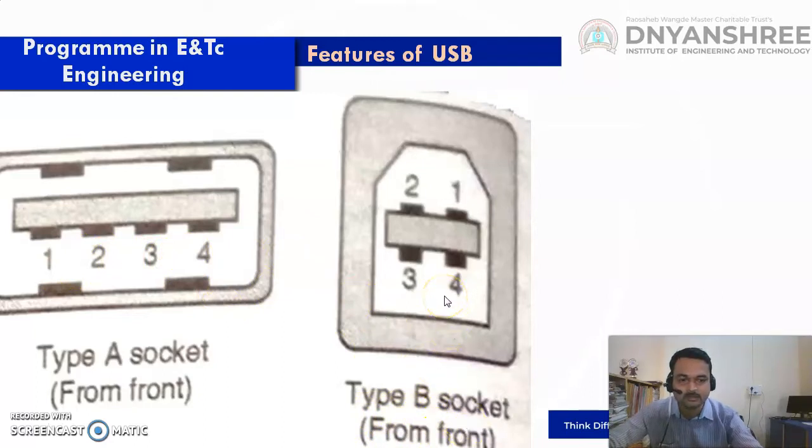Most of you use a mobile, and that mobile has this kind of USB port. This USB port has 1 2 3 4 wires. One is for VCC, another is for ground, and the remaining 2 are for data lines. So USB 2.0 has only 2 data lines, while USB 3.0 has a total of 4 data lines, and the data rate of USB 3.0 is faster than USB 2.0.